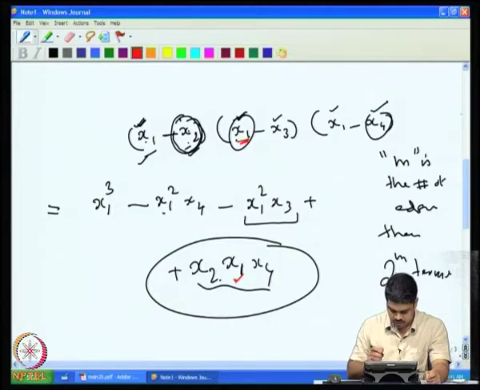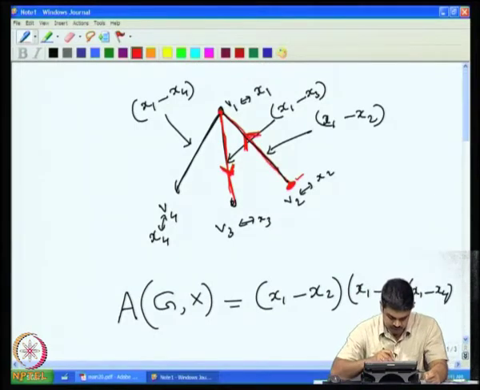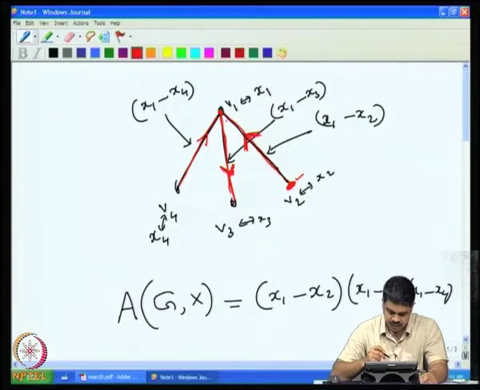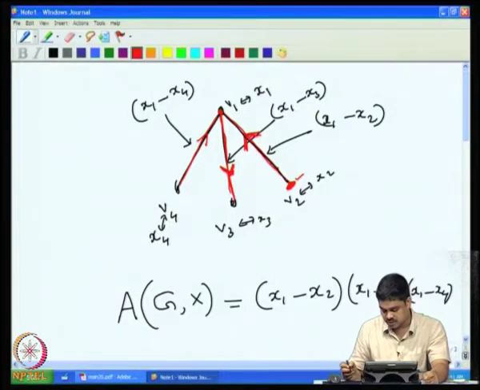And now this one x4. So, if you go to the third term, so here this third edge, here x4 is picked up, that means we have to orient it this way, direction backward. So, essentially you can see that the way we have picked up the variables from each of the terms in the product